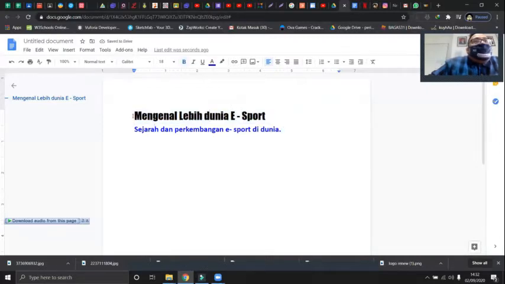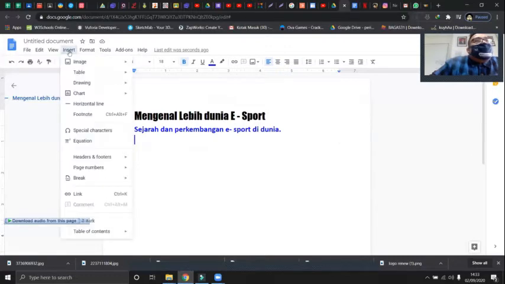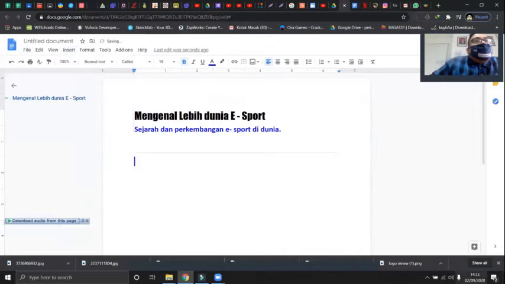So we have a main title and subtitle. Next, kita kasih kayak boundaries, batasan untuk masuk ke dalam paragraf 1 ya. Caranya kita bisa insert horizontal line like this, oke. Jadi ini langsung masuk untuk topik di bawahnya. Oke, untuk mengisi berita,